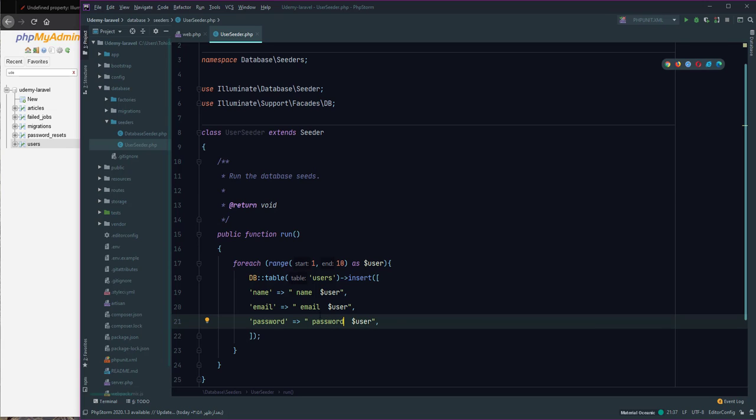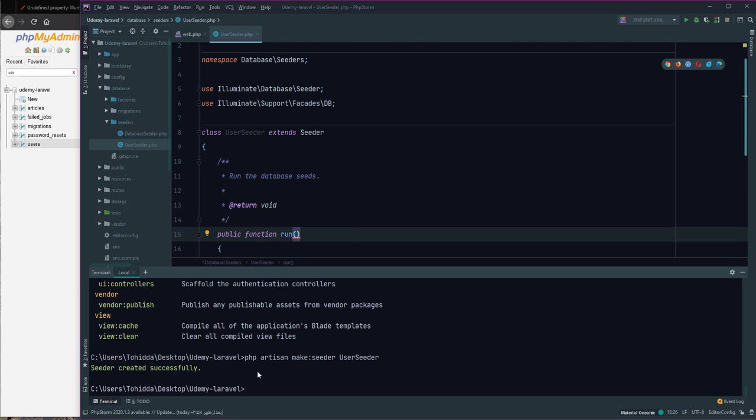We can use Hash make password, but we use this. Okay, for running this public function run in UserSeeder, I call php artisan